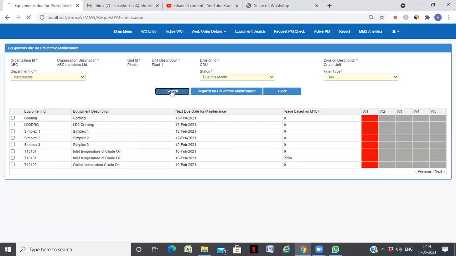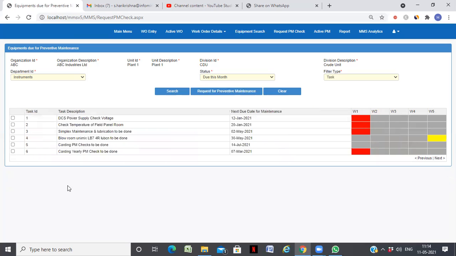So when I click on the task, whatever task you have created, for example, card yearly PM checks to be done, you can see some of the items are overdue, due this month. It's already overdue. But this item, this is due on 30th May, which is blow room lubrication to be done. It is on the 5th week. Right. Similarly, you can see due this week.